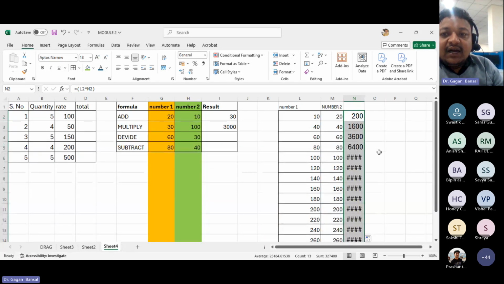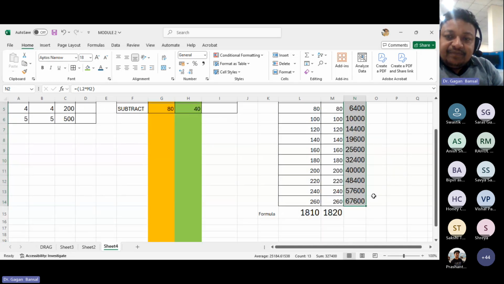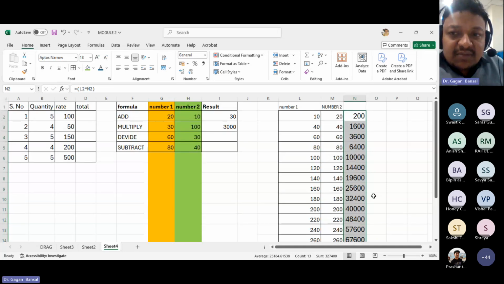ऑल यू कैन डू इज, आप इसको पूरा नीचे तक ड्रैग कर दीजिए, आपका सेम फॉर्मूला कॉपी हो जाएगा। अब ये देखिए हैश आ रहा है, इस हैश का क्या मतलब हुआ कि यहाँ पे वैल्यू बड़ी है, लेकिन जगह कम है। तो आप इस पर्टिकुलर कॉलम के कॉर्नर पे जाएंगे, डबल क्लिक करेंगे, अपने आप वो स्पेस ले लेगा, ठीक है।